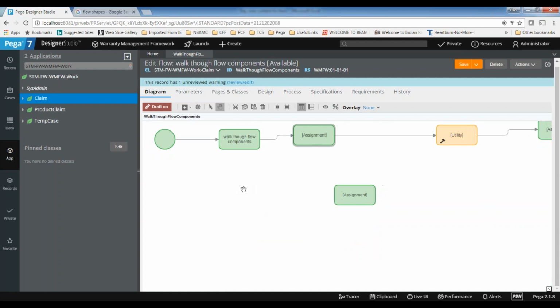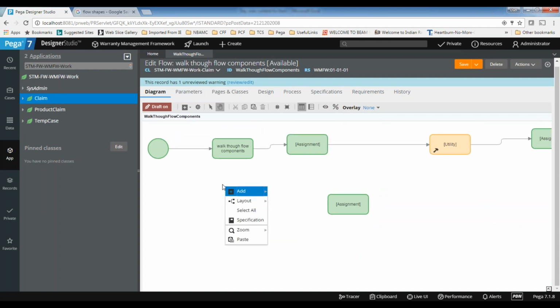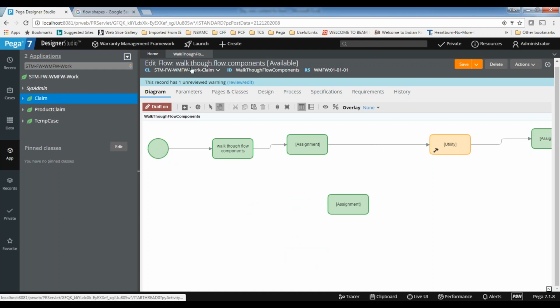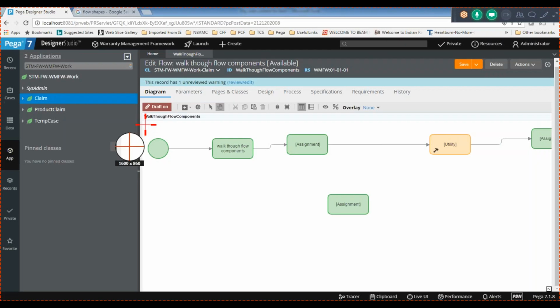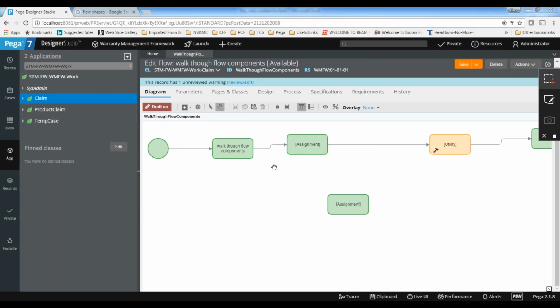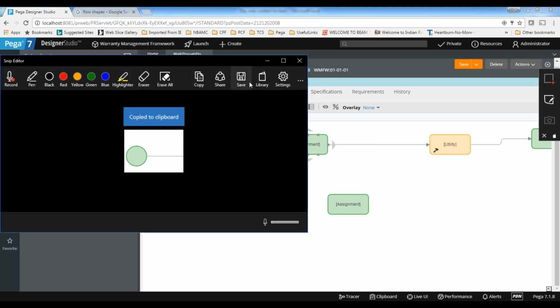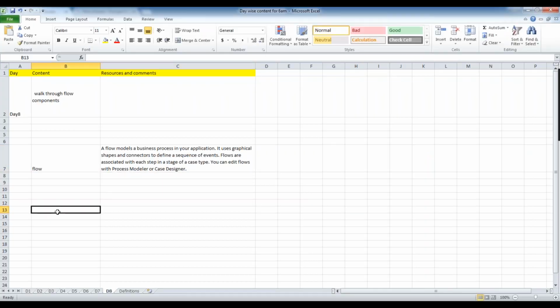Now we will see what are the different shapes we have in the flow canvas and what is the purpose of each one. The first one is the start shape. The start shape indicates this is the starting point for the flow execution. There should be only one starting point.